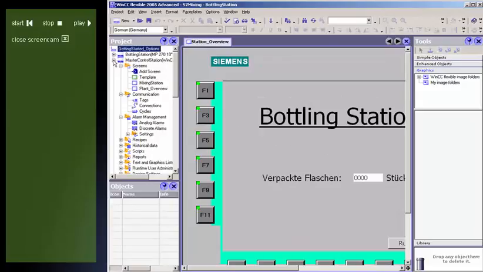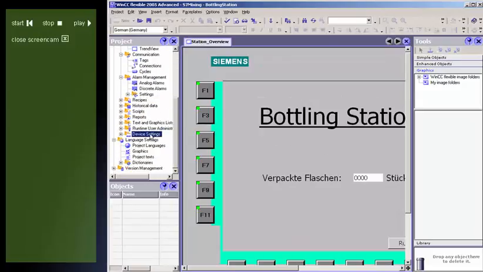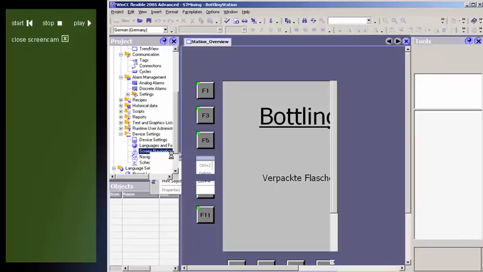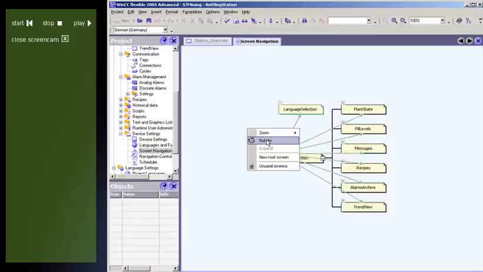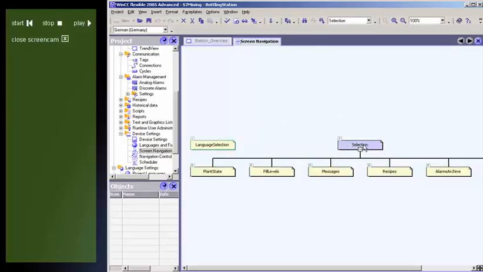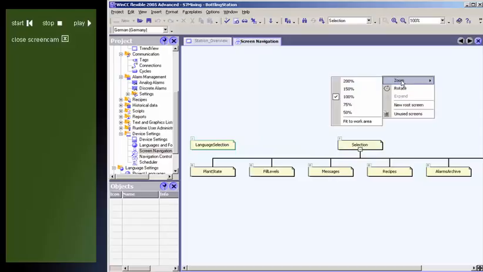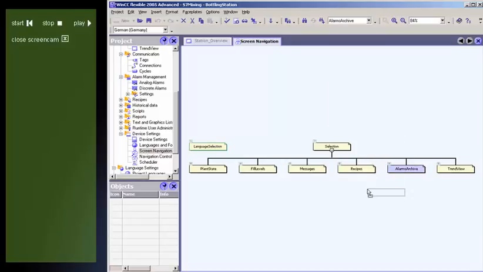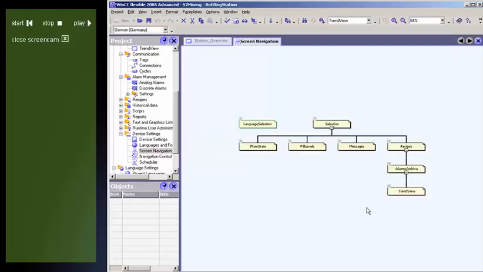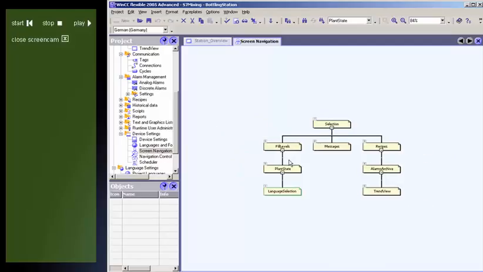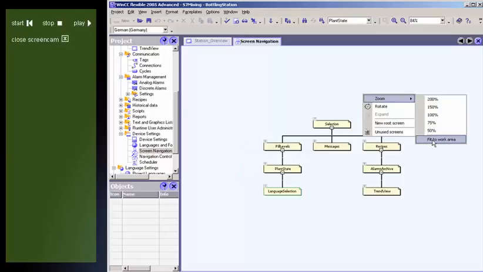Display navigation means creation of a configurable display hierarchy for process displays. With the aid of display navigation, you can define a fixed navigation structure for your project. Using the navigation bar, the user can switch back and forth between the individual displays at runtime, as per the